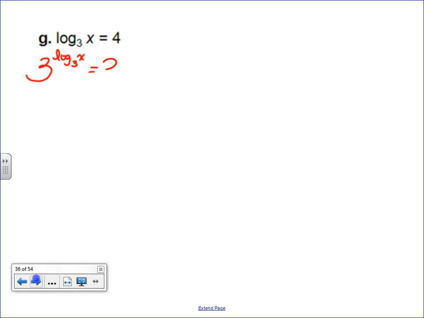Maybe if we write it like this, it'll make a little more sense. I cheat and just do a big 3 and a big 3, but technically it's 3 to the power of, 3 to the power of. Now what? Well, 3 to the power of log base 3 just simplifies to be,